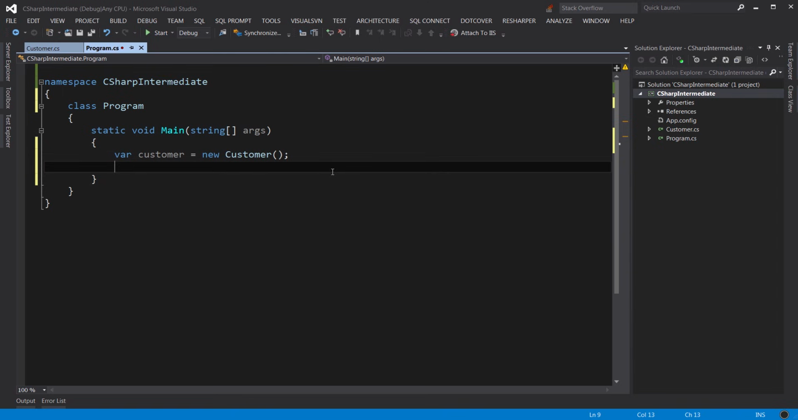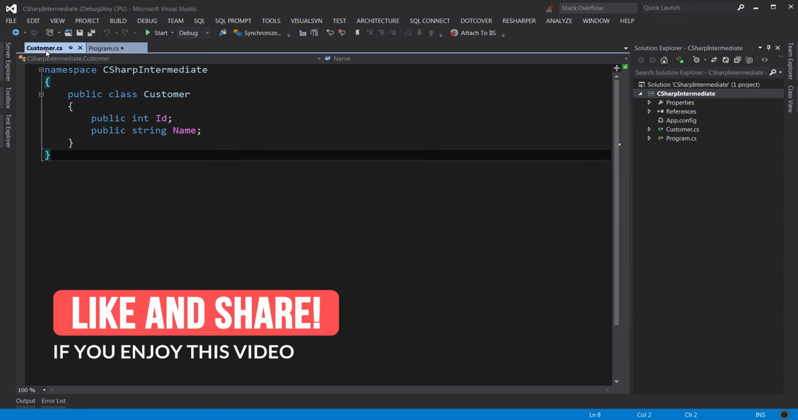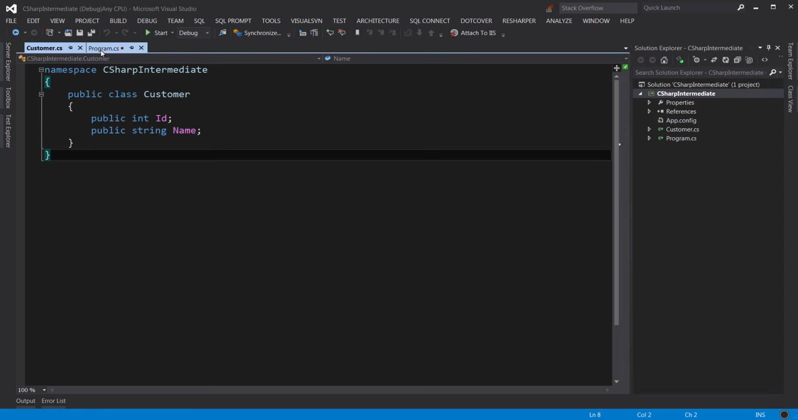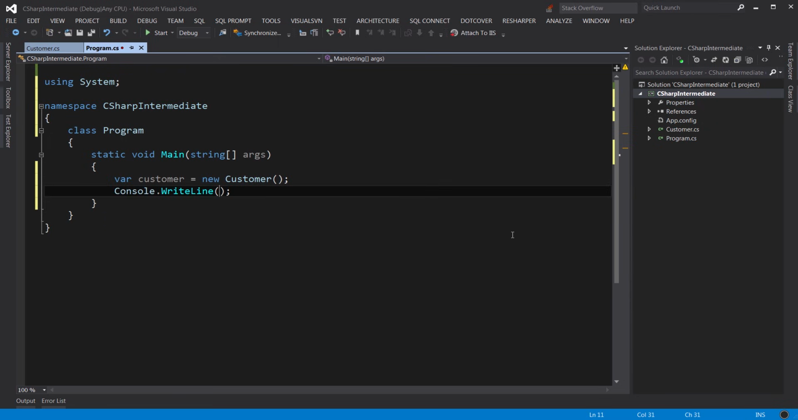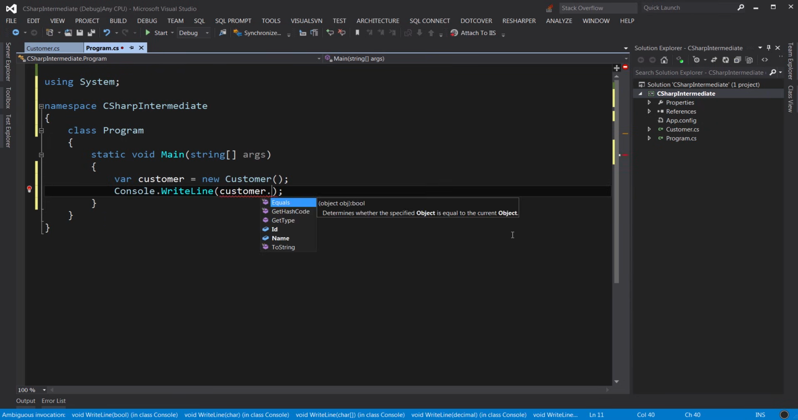All right, now I want to show you the effect of the default constructor that the C# compiler creates for us. Note that here in the Customer class, I did not create a constructor. But I told you earlier in the slides that the C# compiler creates one for us. So let's see what happens. Let's display the fields of this customer class on the console. So Console.WriteLine, customer.ID,